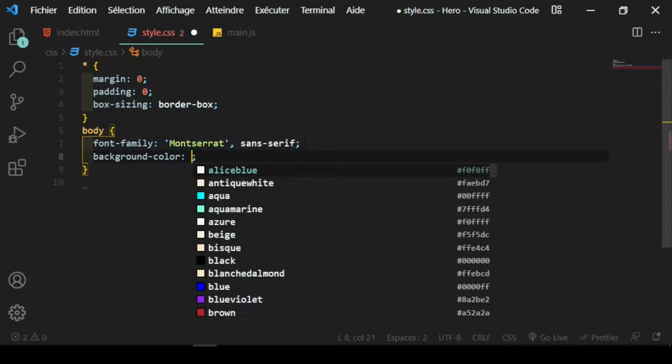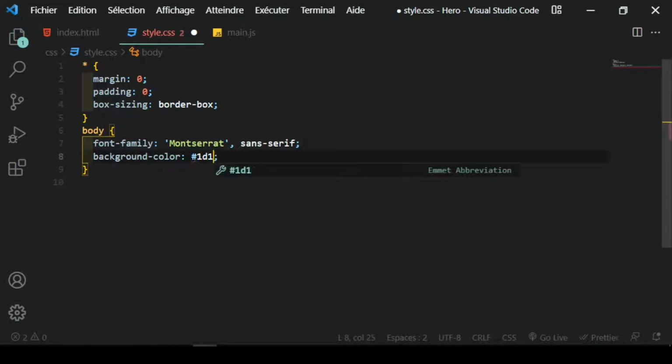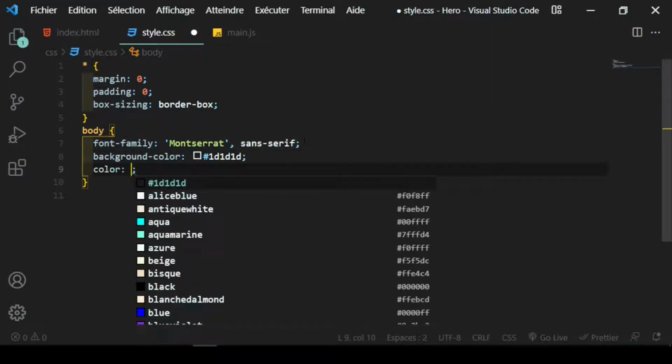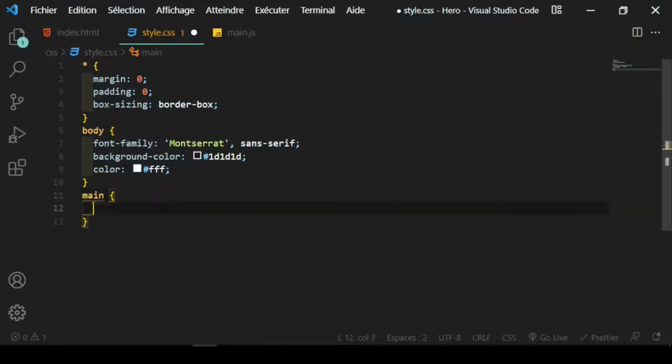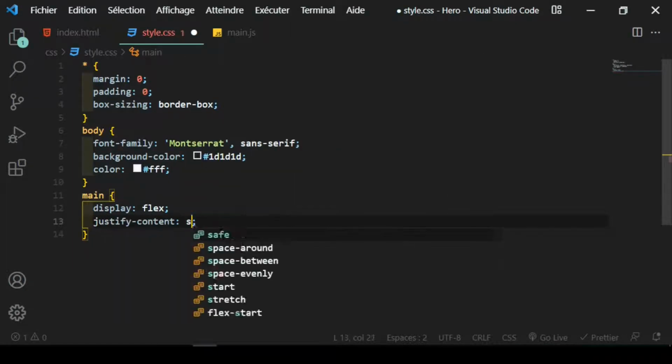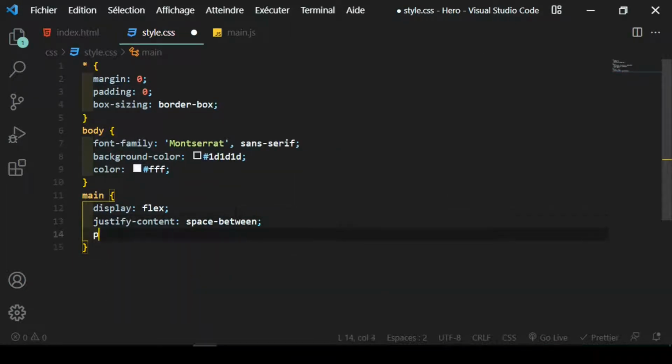We start as usual with this everything styling, and the body has Montserrat font family and dark background and white color, and the main display flex, justify content space between, and the perspective 2000 pixels to give our main 3D space,